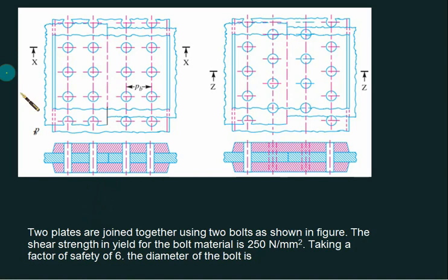Now first of all, tell me, is it a case of double shear? Yes. Is it a butt joint? So one idea is clear that it is a case of double shear. So it means that your area will be equal to 2 times pi by 4 multiplied by d square. But you have to multiply it by the number of rivets. Now how is the number of rivets determined? This is done on the basis of calculation of pitch. So first of all, this is a pitch. So in this pitch you have to calculate the number of rivets.